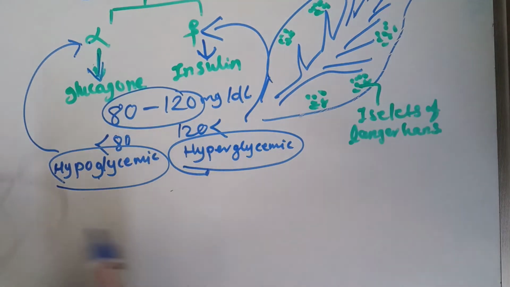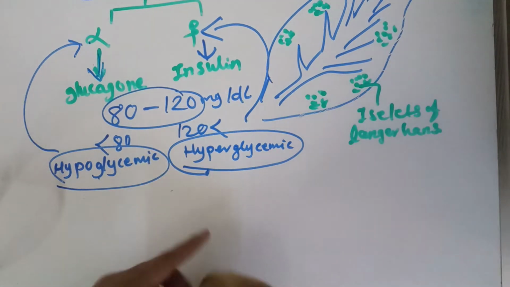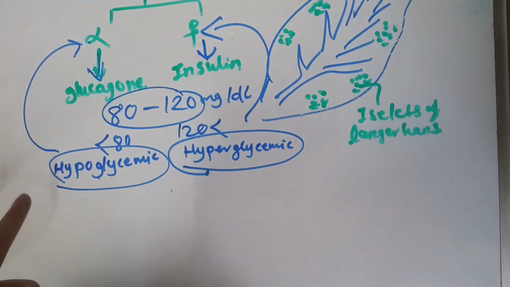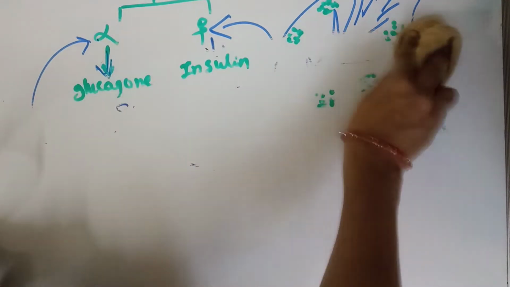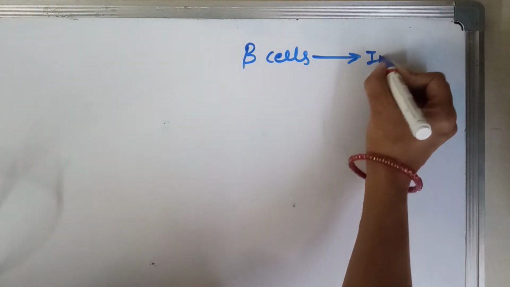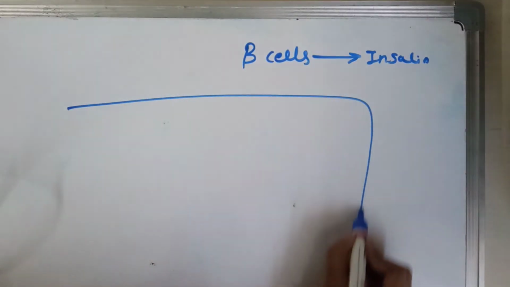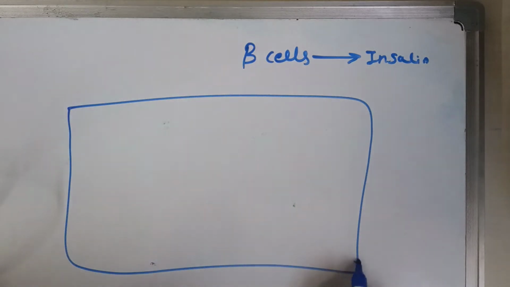Okay guys, so before this I will tell you, I have explained insulin synthesis in a lecture I have already uploaded. You can go through it, but still I will explain in short how exactly insulin is synthesized in our body after a hyperglycemic condition. Okay, so guys, as we know, beta cells release insulin, so obviously we have to magnify the beta cell. Let's suppose this is your beta cell.